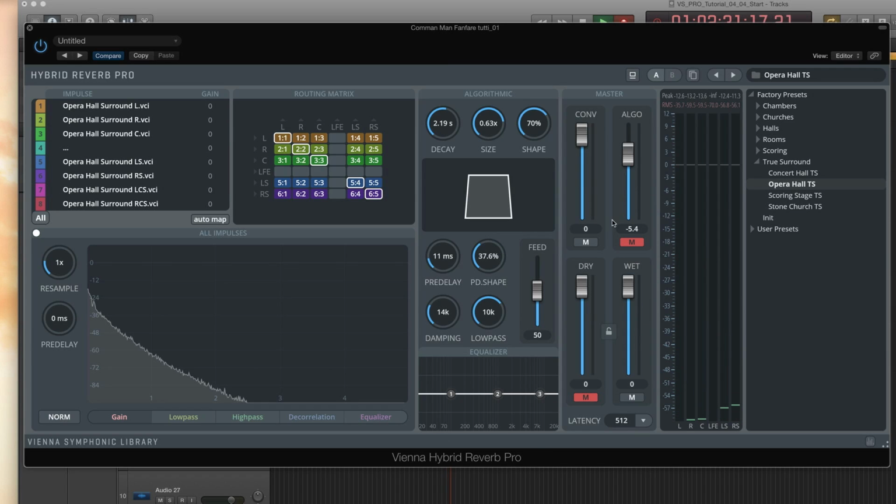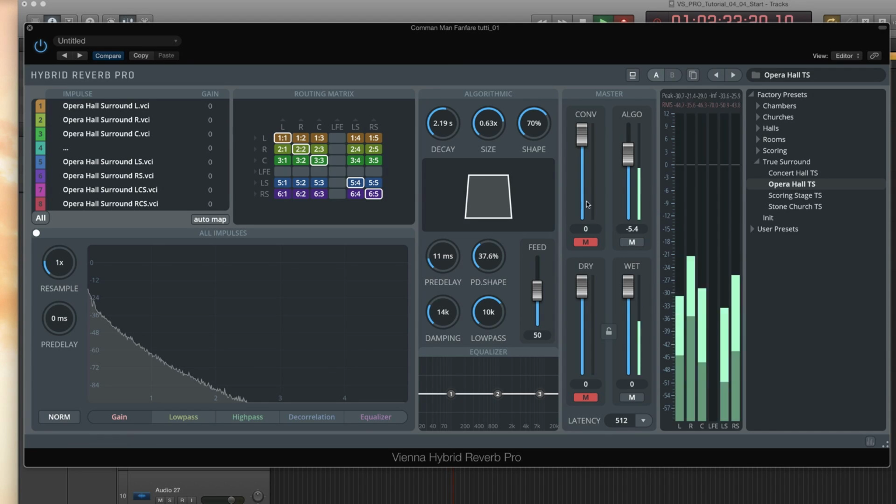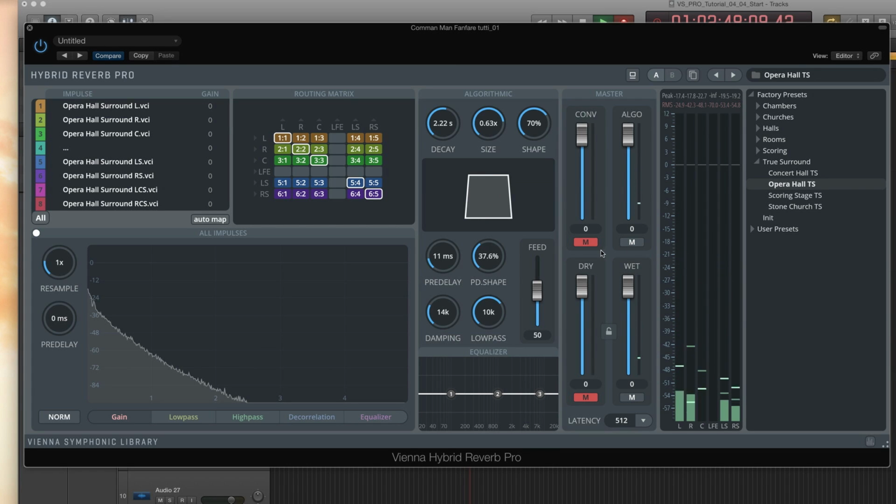And now, just the algorithmic reverb. And now mixing both reverb parts to get a feeling for it.